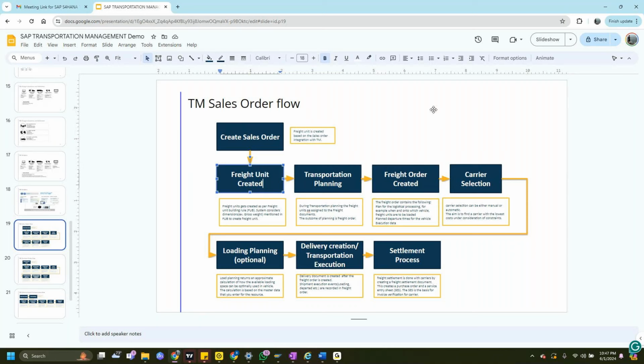The next half ton has to come on 15th, and the remaining has to come on 20th. So there are three different schedules given, but a single order, right? So we have to split that order into multiple trucks based on different dates that we are going to deliver on. So that's how we formulate the freight units.